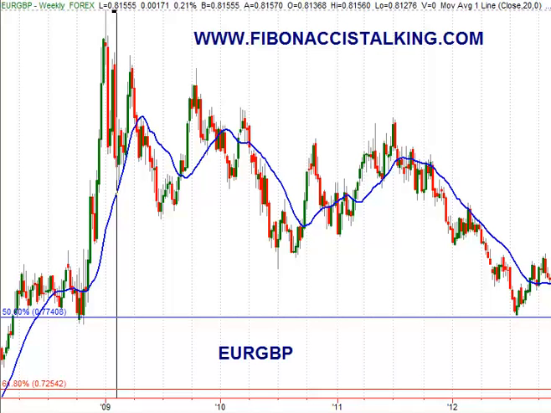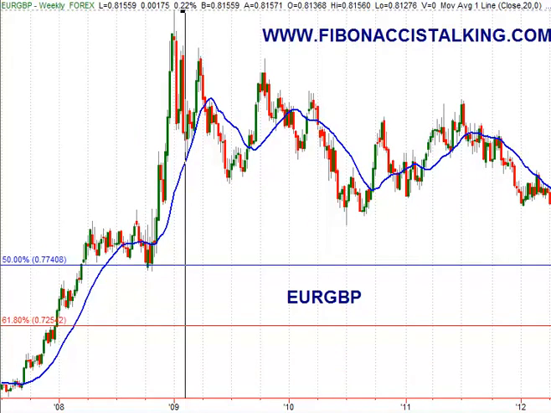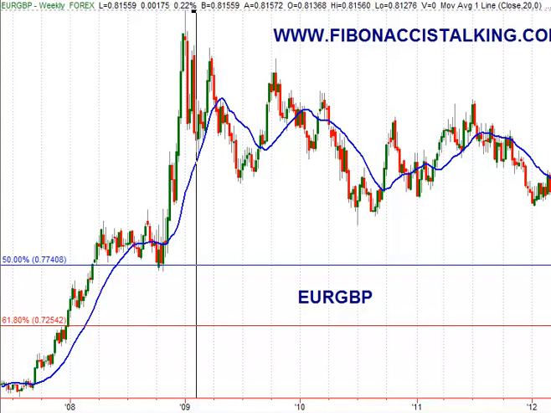So it means that the pound here is acting very like the dollar. So it means that the market at the moment trusts the euro more than the pound, and we can see